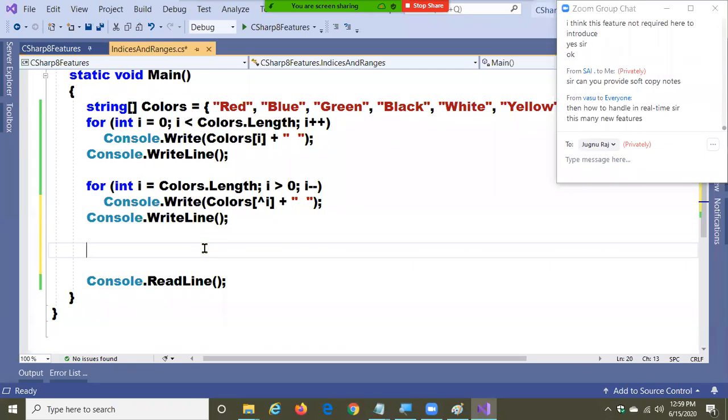Subject cannot be induced in the brain, no? So basically requirements will be there. When you're working, suddenly if you feel that this feature can be used there, you use it there, that's all. Did you get my point? You're developing an application, suddenly you have a requirement. If you feel that this array feature can be utilized here, utilize it. There are no standards saying we need to use this feature here or that feature there. That is all our understanding. Once we start working, based on the different features available, we need to think for ourselves, okay, this feature will fit here, we can use it here, that's all.